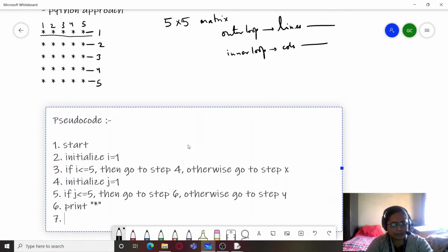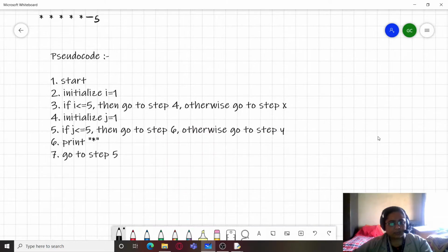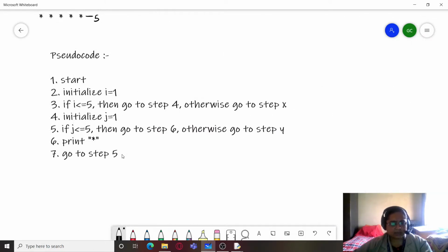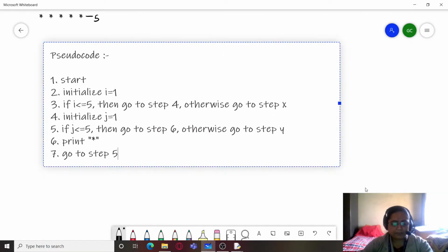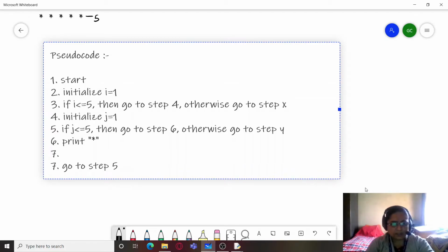Seventh point would be go to step 5, because we are just going to repeat step 5 till the time the inner loop completes all its iterations. So it has to go to step 5. And okay, one thing we missed out, that was update expression of j. So update j equals j plus 1. This will be step 8, which will be go to step 5.